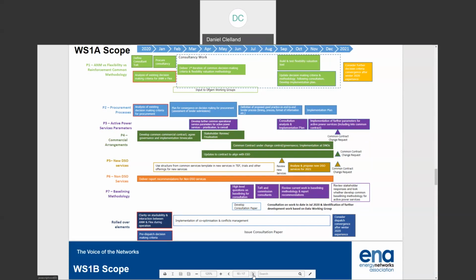So this is a very busy slide, and it's a very busy slide because we have a lot of work in flexibility development, and that reflects the importance and significance of our priorities for supporting both direct DSO procured services as well as supporting active markets that are being developed outside our directly procured DSO services.